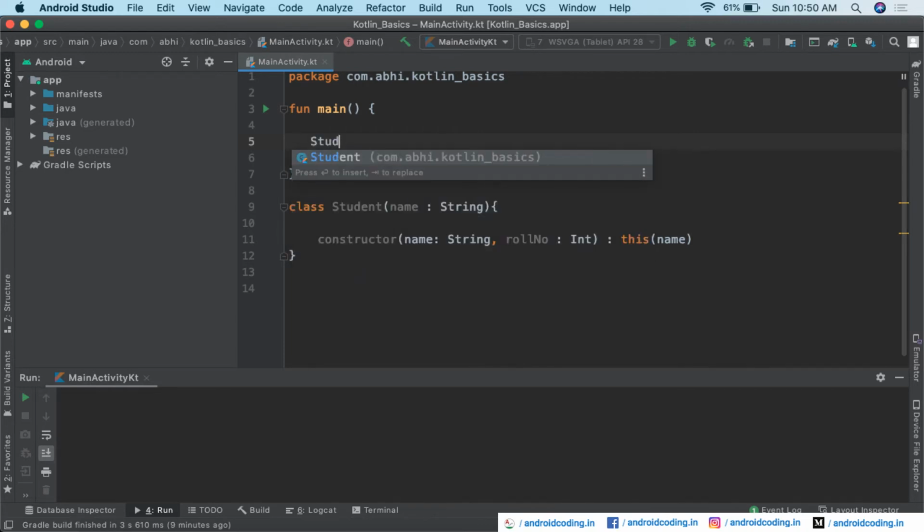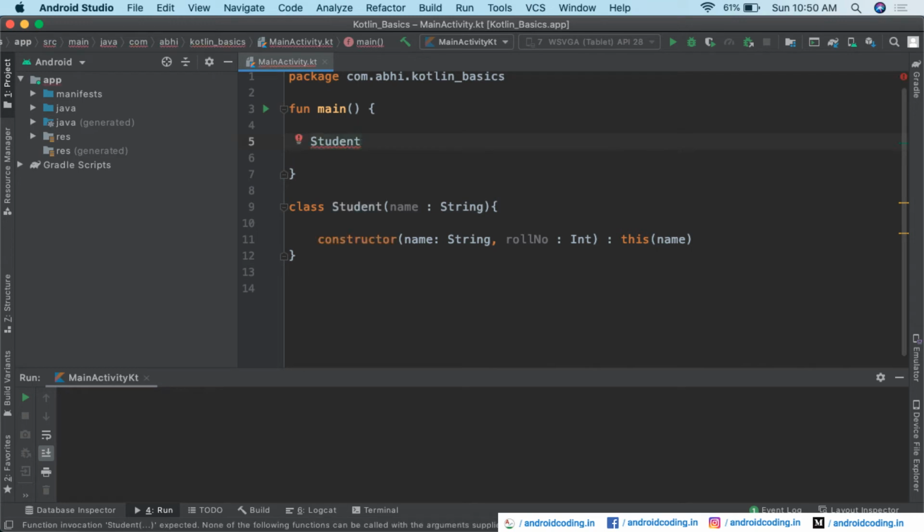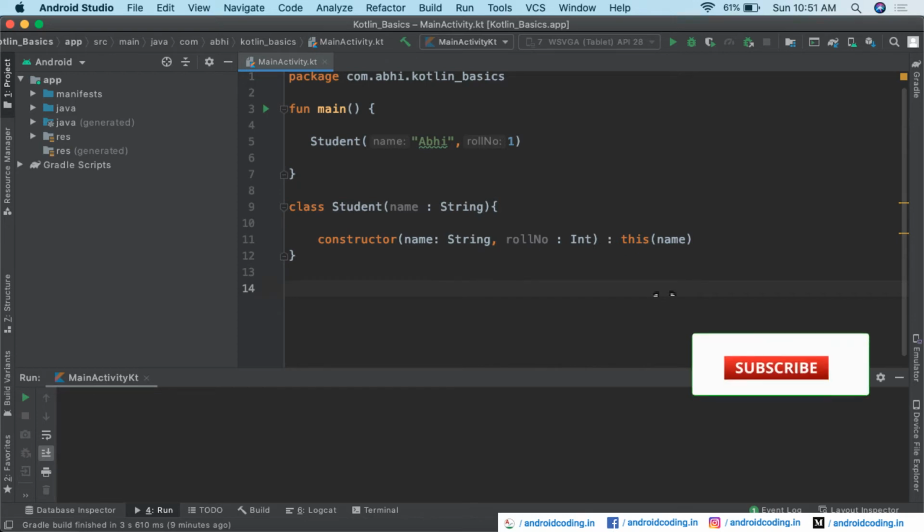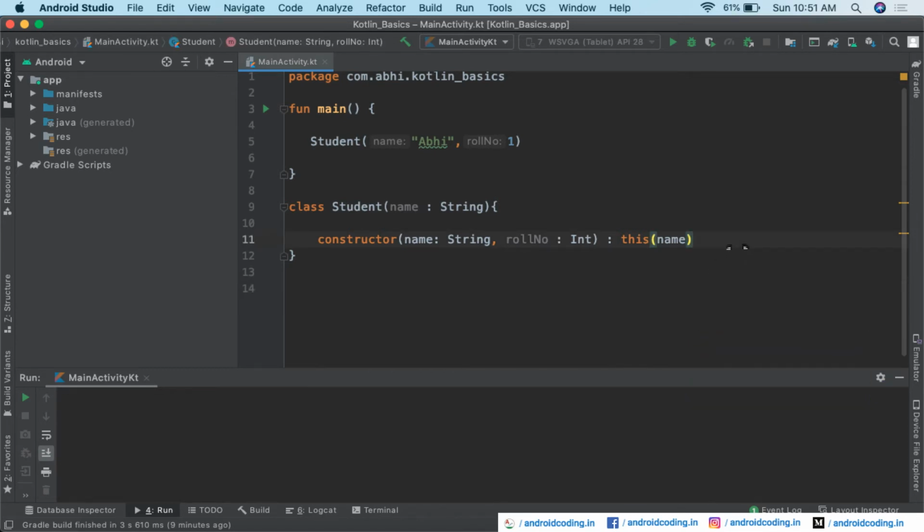Student is our class, and if you specify only the name, it refers to our primary constructor, and if you add a roll number, it refers to our secondary constructor. In the same way you can add multiple constructors, depending upon your requirement. Generally I don't think you require more constructors in your classes, but if there is a requirement you may go ahead. I think you are clear so far.